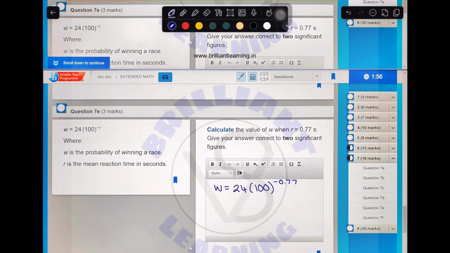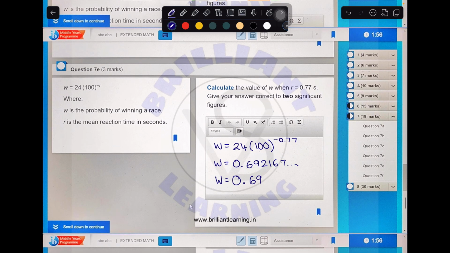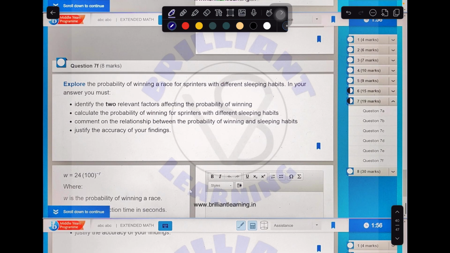Okay, this is a calculator question. So you're just going to substitute all of that into your calculator. W is equal to 0.69216, and we want two significant figures, so that is where your final mark is coming from. So 0.69 should be your final answer. Okay, and then on to